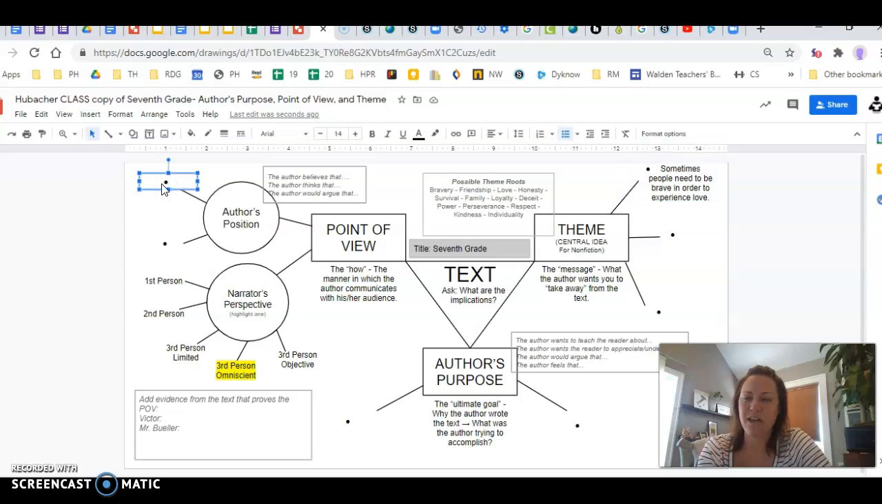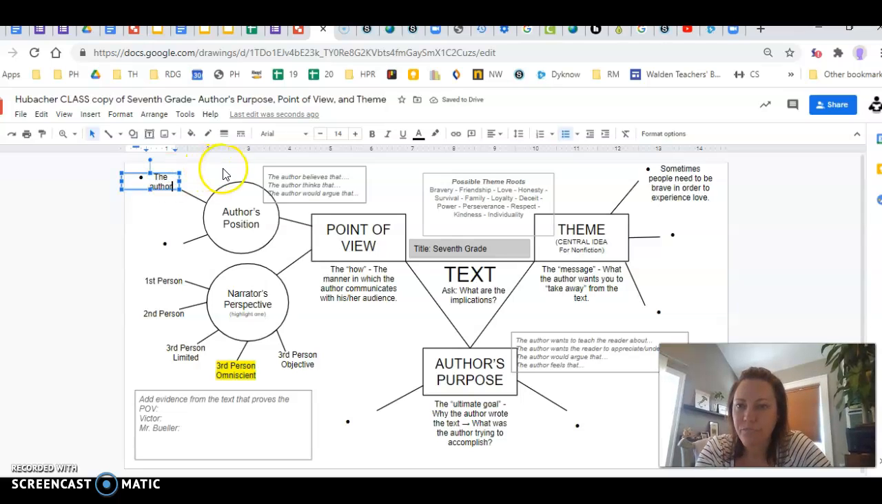So let's see. If Gary Soto took the time to write a story that has to do with love and bravery, what might he believe to be true about those things? So I'm going to use one of these prompts here. The author thinks that, and this is where I'm going to kind of tie in the audience of the young adults. The author thinks that